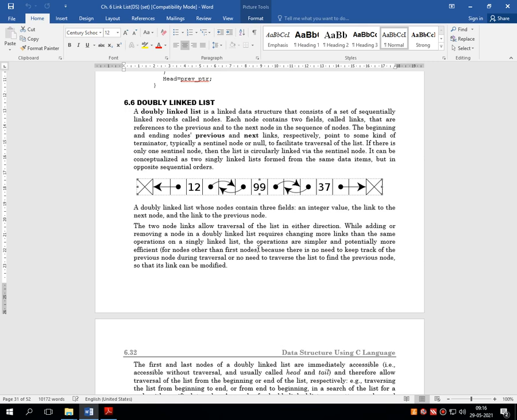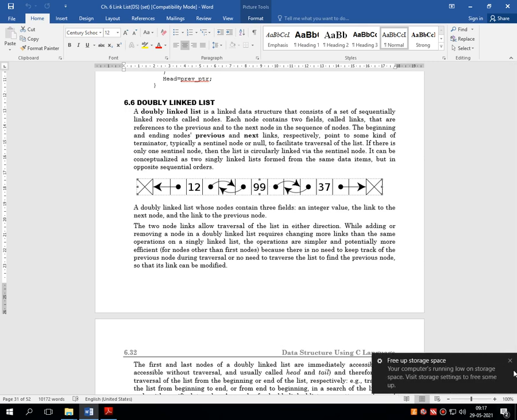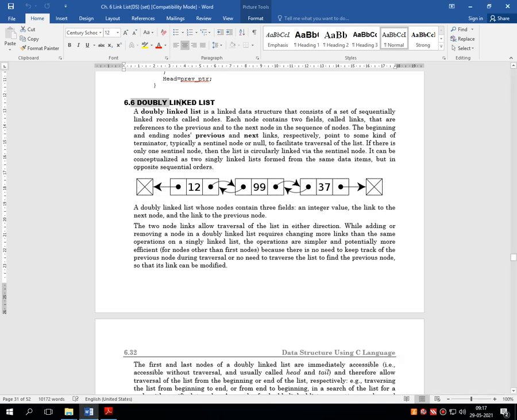That means the first node references the second node, and the second node references the first node. So these are the two links, and due to this the linked list is considered a double linked list.